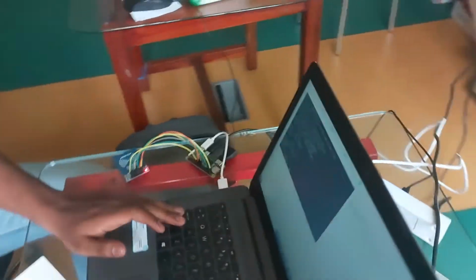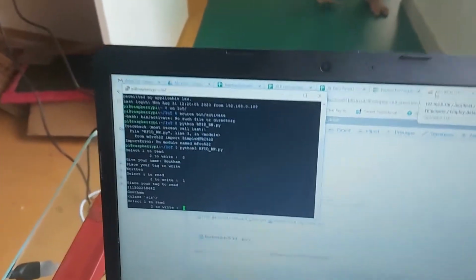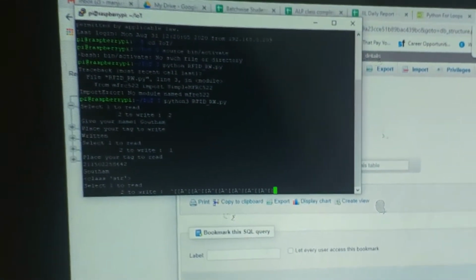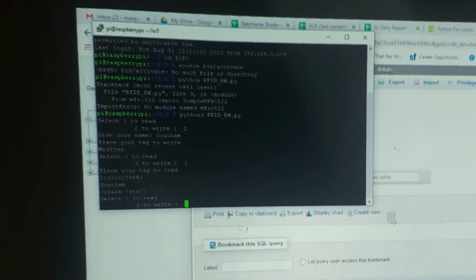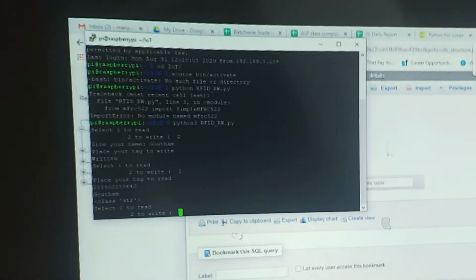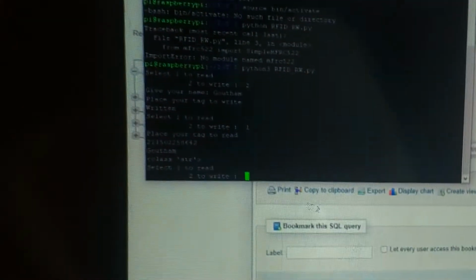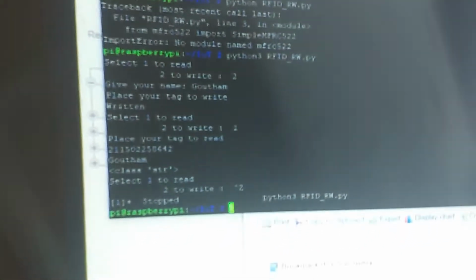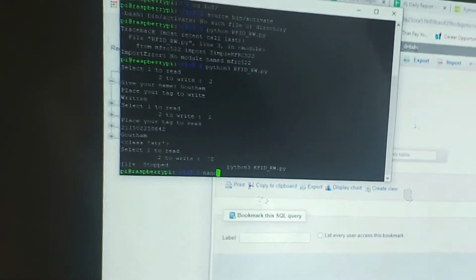Okay. First we'll start with the Raspberry Pi. So we'll log in into Raspberry Pi first module. So you can already see that we have logged in into our Raspberry Pi module. First, I'm going to open my code. For a brief, I'll just show the code written. After that, I'll show the running of the code.